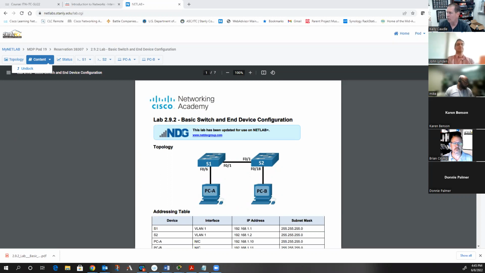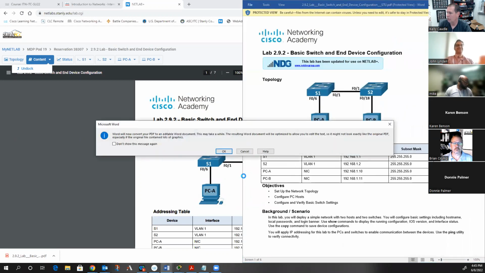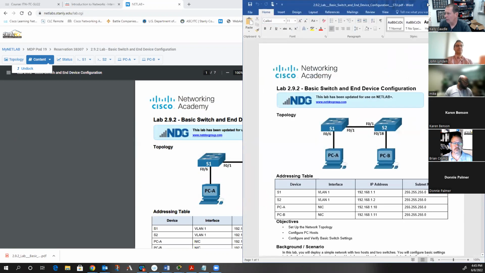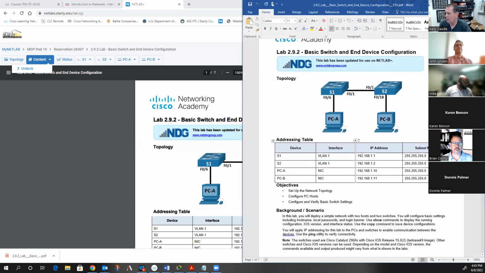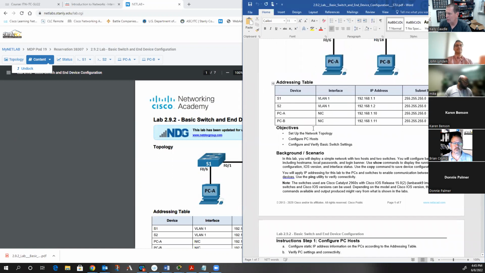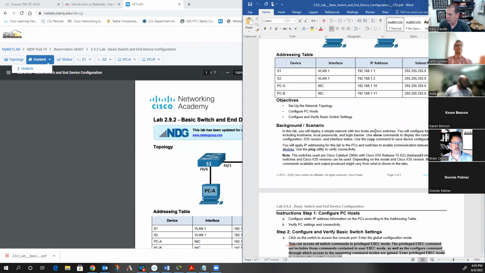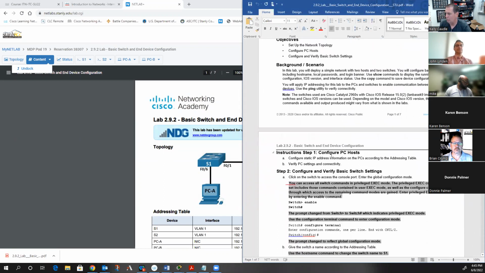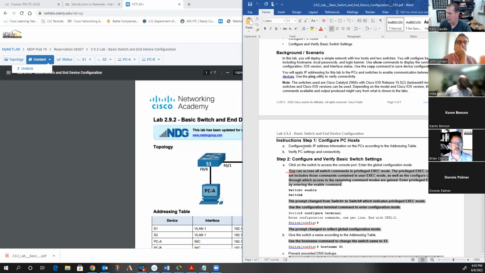And here it is, converted to a Word document. And it's no problem to do it. So now you'll notice that on these particular devices, it gives you your IP addresses, and then it says you will deploy a simple network of 2 hosts and 2 switches. You'll apply the IP addressing scheme and the other information. So one of the first things it says to do is configure the static IP addresses on